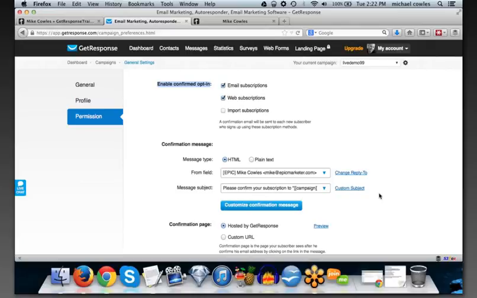Click here to confirm you want to be on so-and-so's list. Okay, and so obviously this will kill your numbers. So there's zero advantage for you to ever use the double opt-in, or in this case it's called enabled confirmed opt-in.